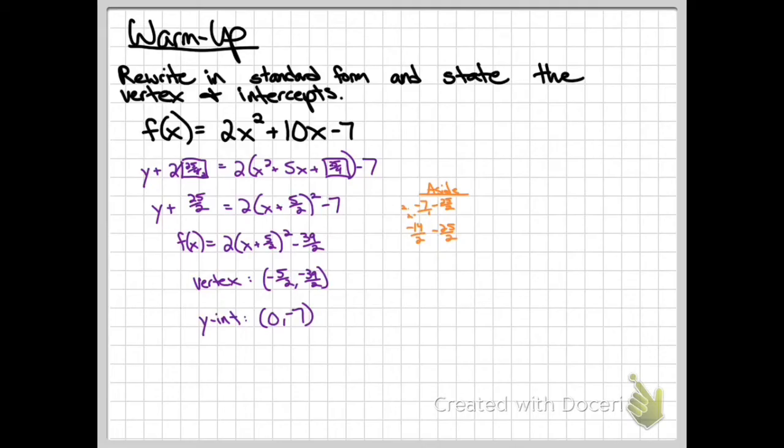That leaves us with trying to find the x-intercepts. You're welcome to do quadratic formula on that top equation, but I do think it's easier. That's one of the reasons we put it in this form. If we take our new standard form, set it equal to 0, because for x-intercepts, y equals 0. Start moving things to the other side, so add 39 over 2. Divide by 2. Remember, if it's already a fraction and you want to divide it, you multiply the bottom, in